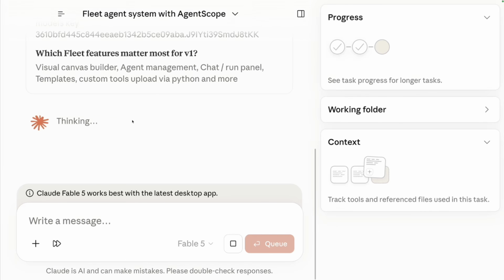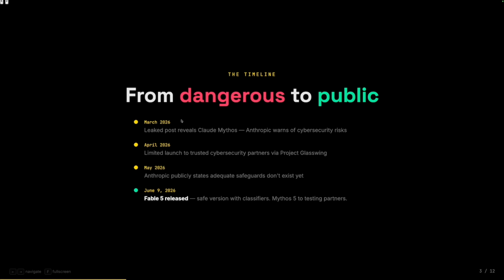Let's go and look into Fable more. While we wait, let's look at the timeline. In March 2026, there was a leak post about Claude Mythos, and Anthropic warned of a cybersecurity leak. In April 2026, a limited launch to trusted cybersecurity partners via Project Glasswing. They were saying that if they release Mythos, it's just going to mess up everything, so they are restricting it to some selected people.